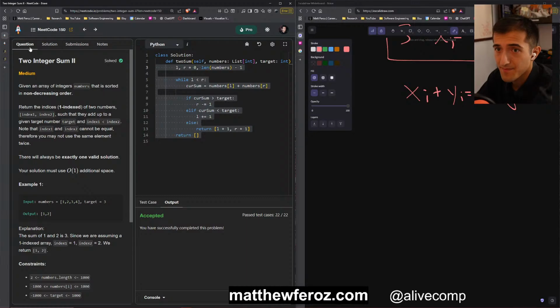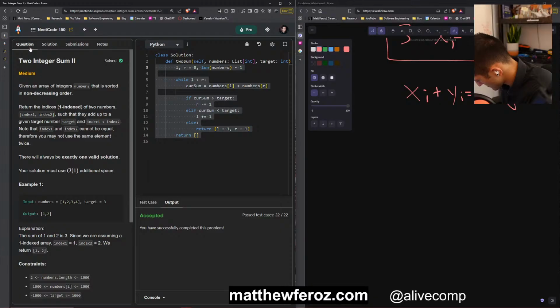This is 2 sum. While L is less than R, current sum. I can't remember how to do this. Numbers L plus numbers R. I'm writing this down from memory, and hopefully it's right.